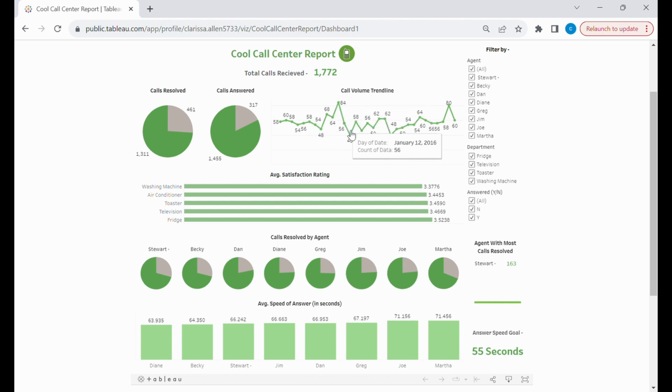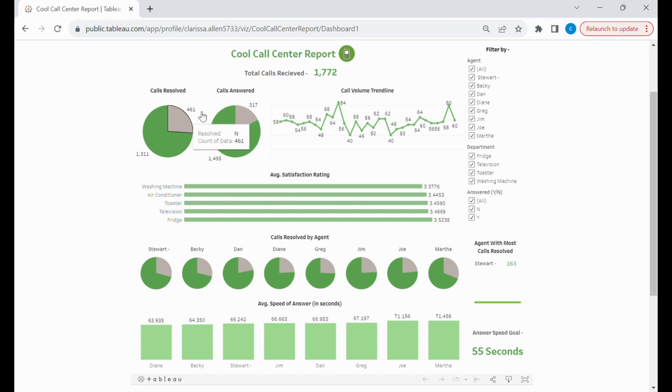Over to the left, we have two pie charts showing calls resolved and calls answered. The green portion represents calls answered and calls resolved, while the gray section represents calls unresolved and calls unanswered. From this data, we gather that a majority of our calls were resolved and answered, which is a good thing, but there were still a lot that were unresolved and unanswered, which helps us to know where we can